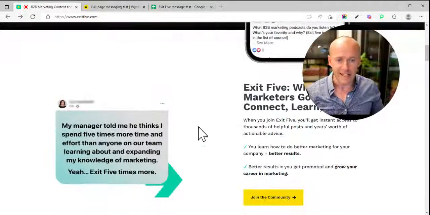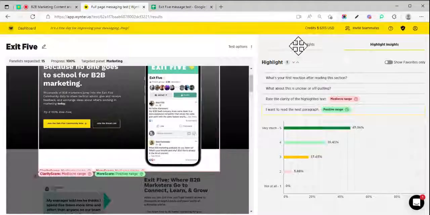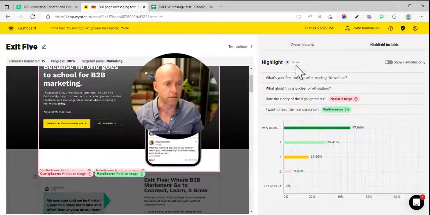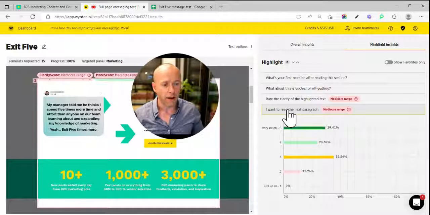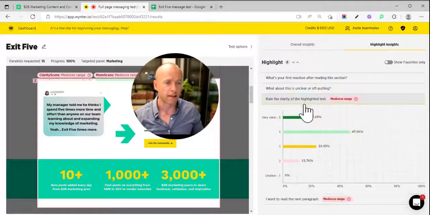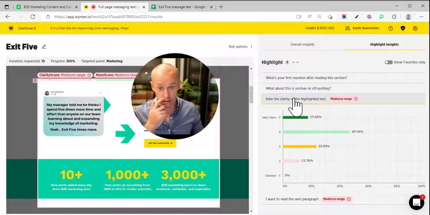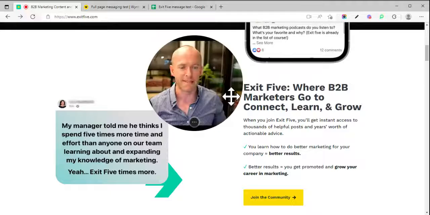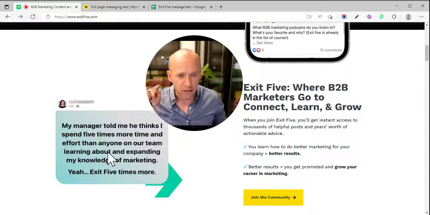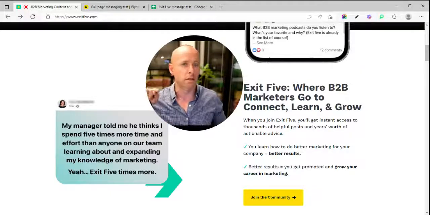All right. So moving down to this section here. So when we move down to the highlight number 2, things get worse. So how badly people want to keep on reading really drops. It's mostly 3s actually, and clarity. There's not much said here, so clarity is kind of like okay. It's a big problem. What is the big problem here? Is that this testimonial just bombs miserably.